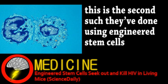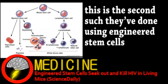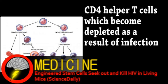desired cells. Previous work involved cloning the crucial T receptor cell, using this to engineer human blood stem cells. These grew into a large population of T cells when placed in human thymus tissue that was inside a mouse. In this study, the stem cells were similarly engineered and tested on humanized mice infected with HIV. Testing of the blood and organs showed increased amounts of a different T cell and a decrease in the virus